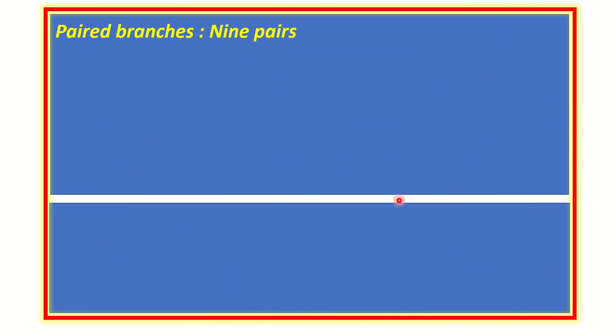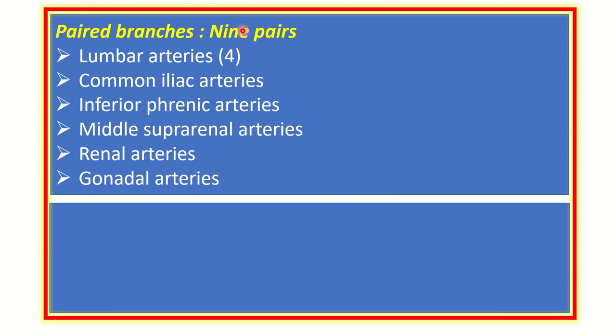Here we can see the branches of the abdominal aorta. They may be divided into paired branches and unpaired branches. Here we can see paired branches are a total of 9 pairs. Here are the names: four pairs of lumbar arteries, common iliac arteries, inferior phrenic arteries, middle suprarenal arteries, renal arteries, and